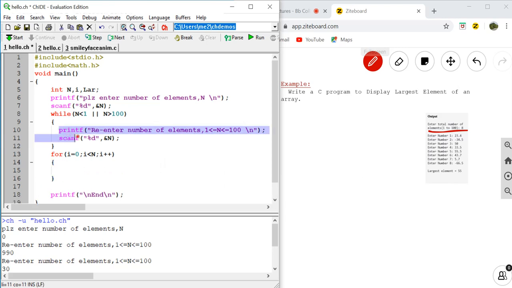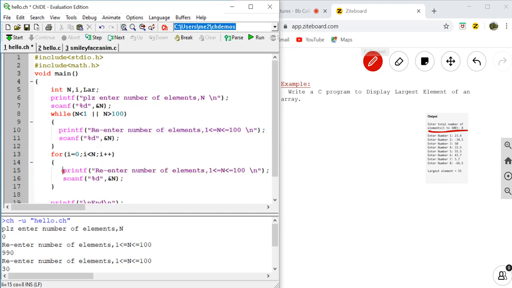What I'm trying to do is ask the user to enter the element, first element, second element, and so on. So as you see in the code, I will just copy paste and edit the code. We can say "Enter element number", then reserve a space for an integer. This integer is the value of i plus 1, because the first element index is 0. When you want to say first element, it is i plus 1. Then scan as integer and save it in the array. The array name is